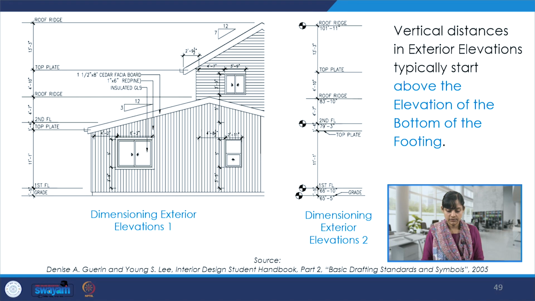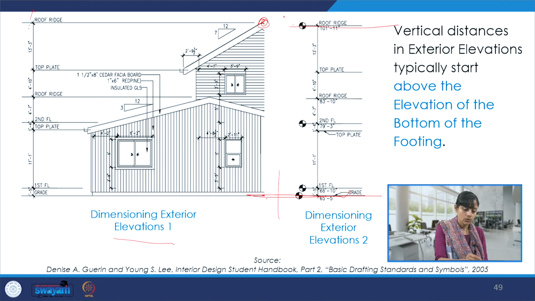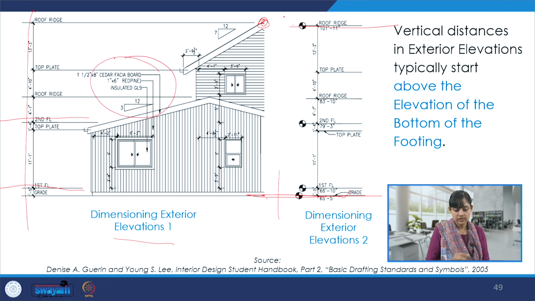This one again, we have the exterior elevation and then how we do the dimensioning. So we take this reference of the roof ridge over here, and then this is the grade. So you have your ground floor, and then from here, from the earth to the roof ridge, all this dimensioning is done so neatly. First floor, second floor, and so on. And then again, the amount of detailing that I have been talking about.